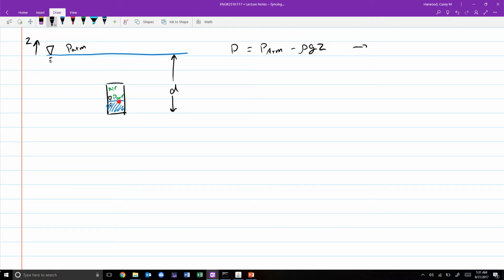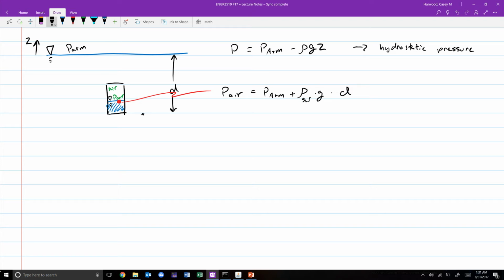This comes out of our hydrostatic pressure variation, which tells us that the pressure varies linearly with increasing depth. So the pressure at this interface can be written as P air is equal to P atmospheric plus rho seawater times g times D,